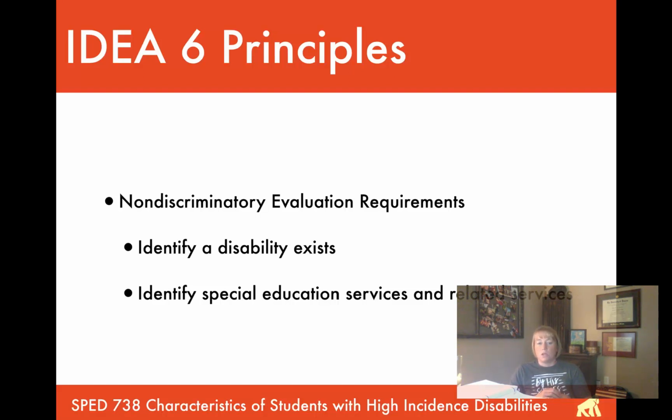Or if we have a student who is not toileting appropriately, okay? That would be a great related service to address. That would be occupational therapy. So we would get OT involved with that student. So really that evaluation happens first, and then it allows us to connect those related services to the gaps and areas of need that we identify.